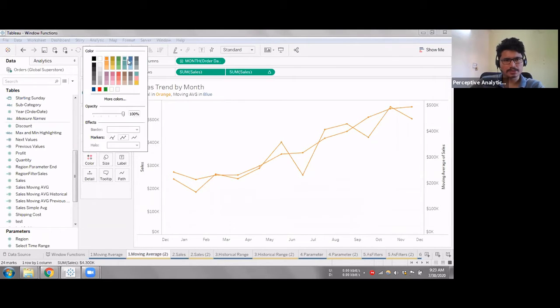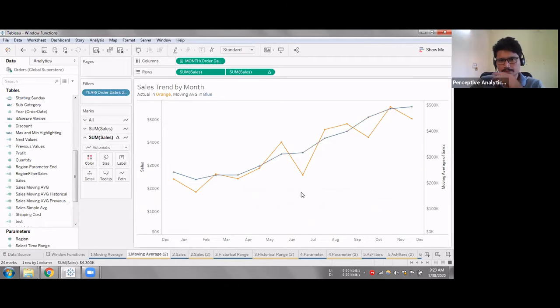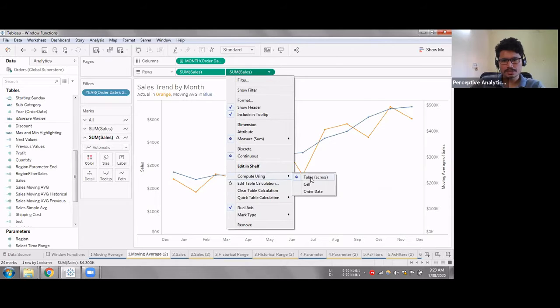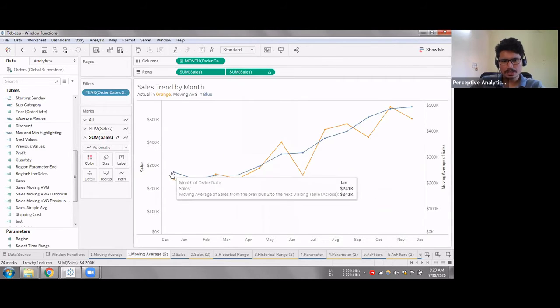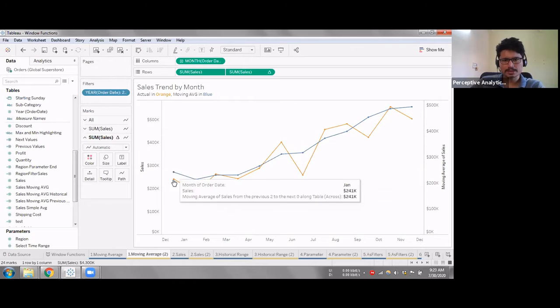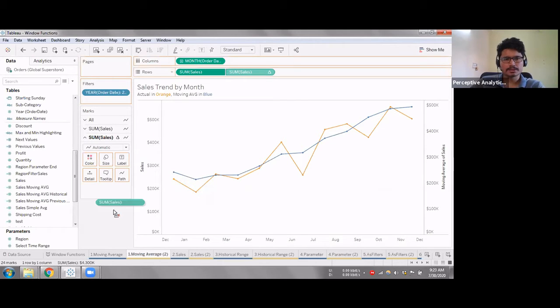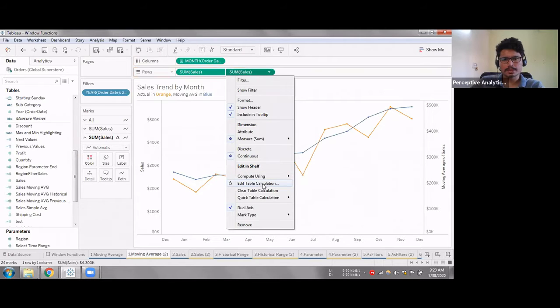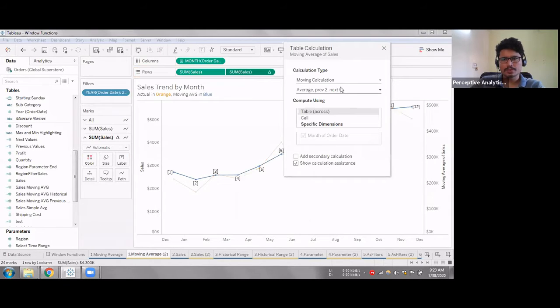All I have to do is check that it's computing using table across. So now I have this value, since I have only one value at this point in time. The moving average is previous to next.